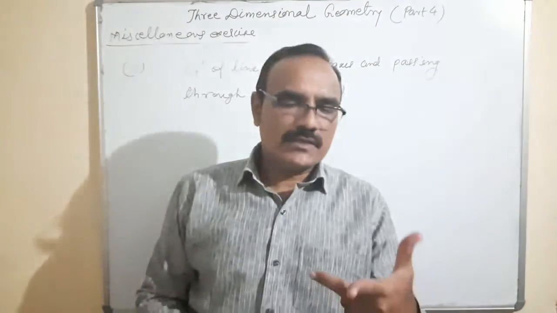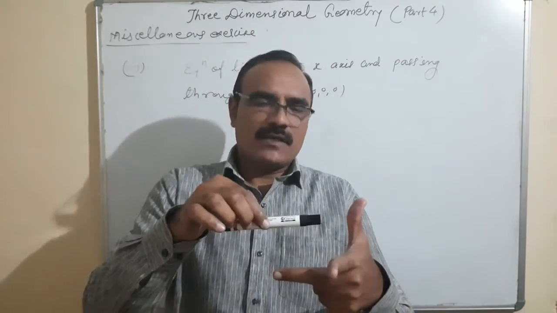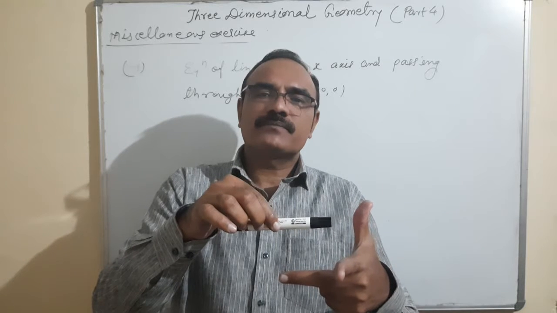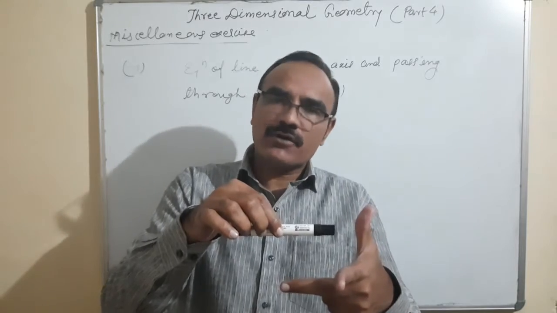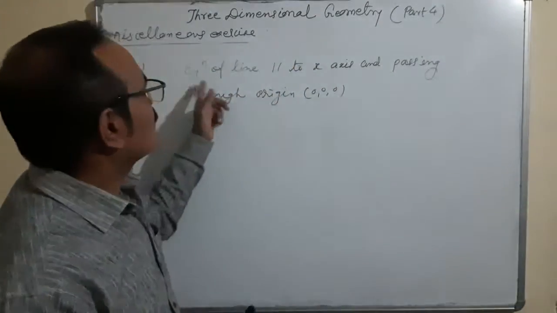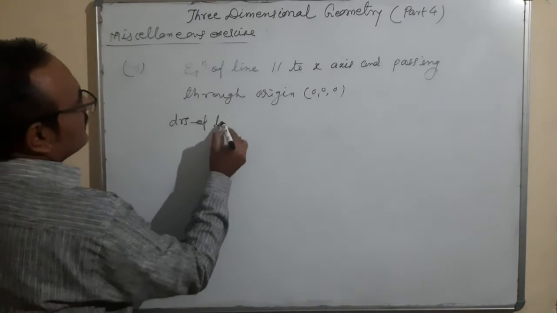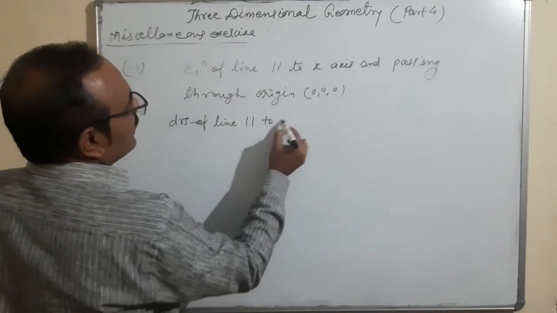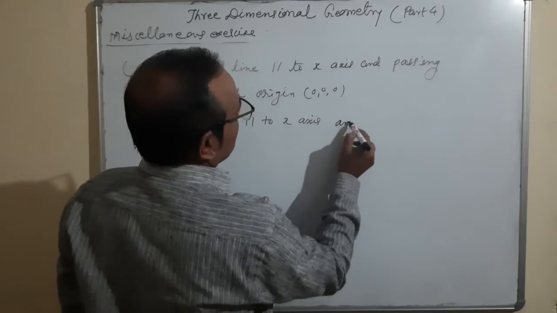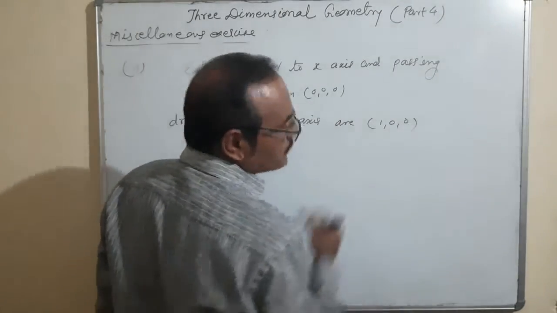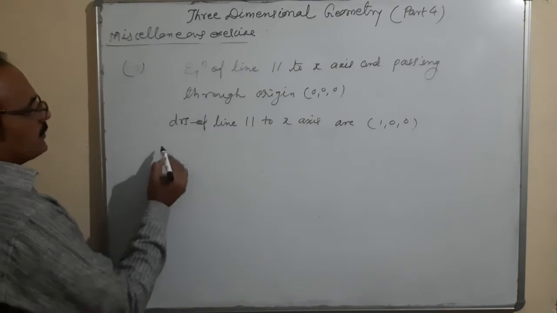You can imagine one thing. Suppose the x-axis, y-axis and z-axis. Any line which is parallel to x-axis, that means its direction ratios are x, 0, 0, and when we divide by x, it is 1, 0, 0. So the direction ratios of a line parallel to x-axis are 1, 0, 0. And it is passing through the origin. So that means the equation of the line